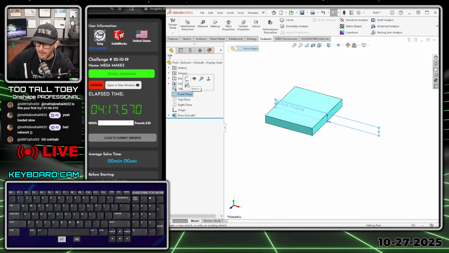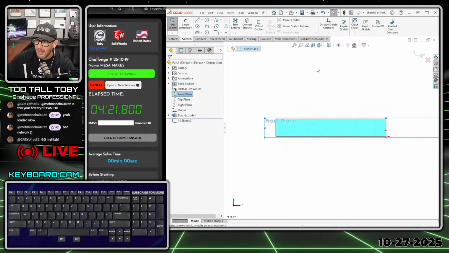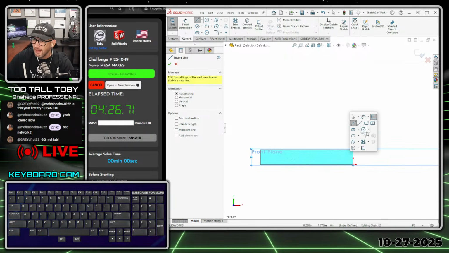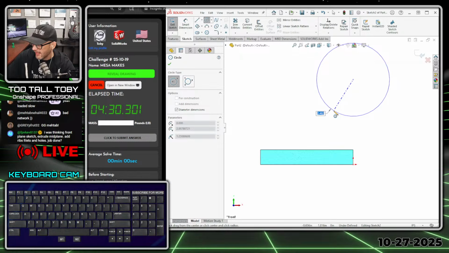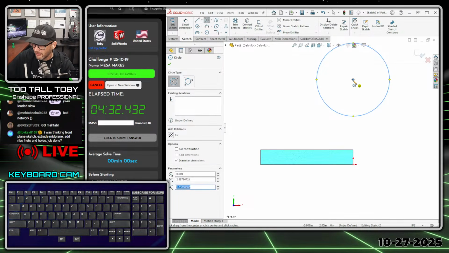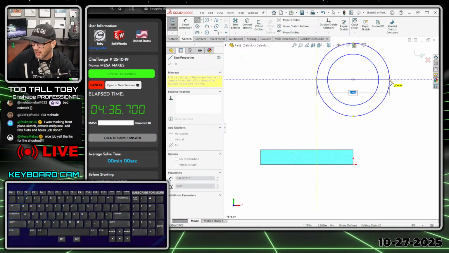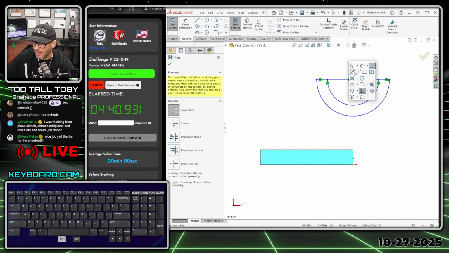So now on the front plane, begin a sketch. Control 8 is going to let me orient my view. And then once I've got that view oriented, I'm going to be creating the geometry for that circle. Again, we talked about this a little earlier, learning from other CAD systems. One of the things I've learned from other CAD systems is just the power of working with contours. So I might consider sketching a line across here, and then if I wanted to, I could trim, but I could also just leave that line going across there